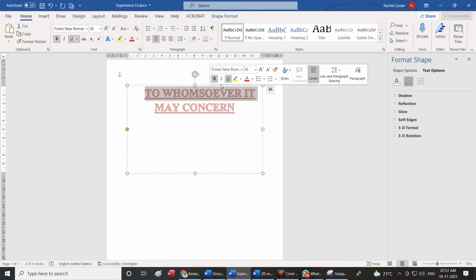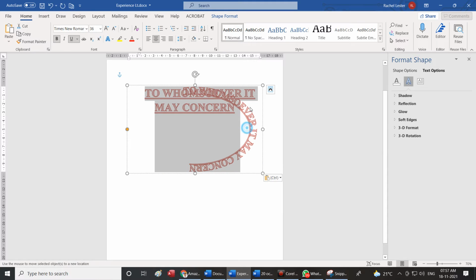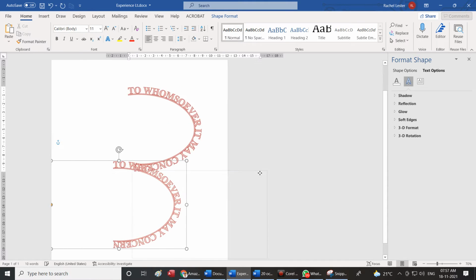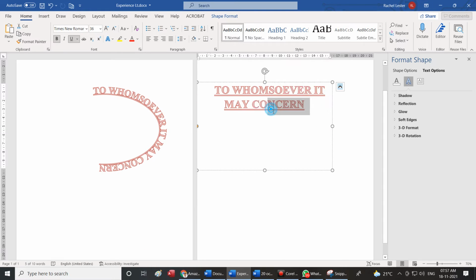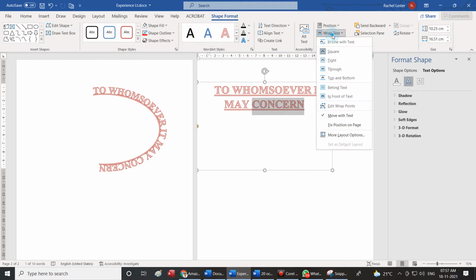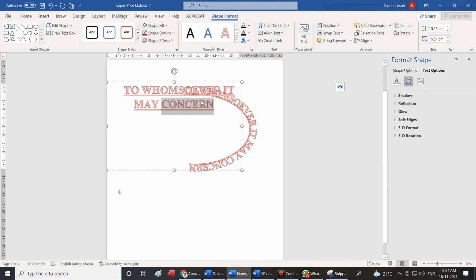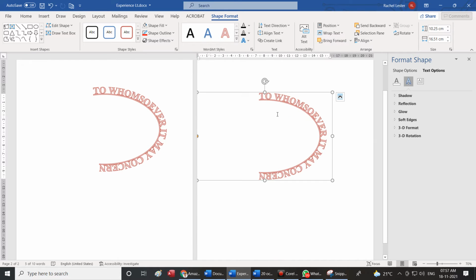Now the same thing I'll copy and paste. When I select shape format, I'll have to say wrap text and I'll have to say tight, so that I can bring it wherever I want. Here it is in the next page.